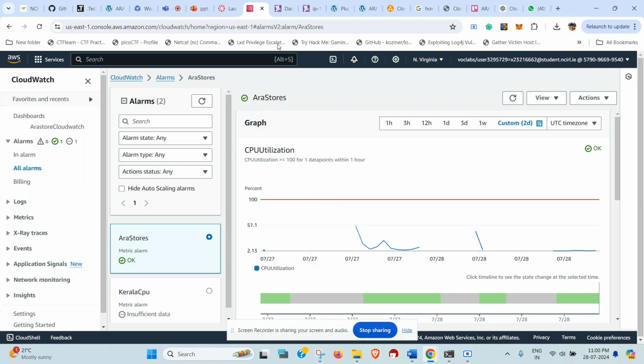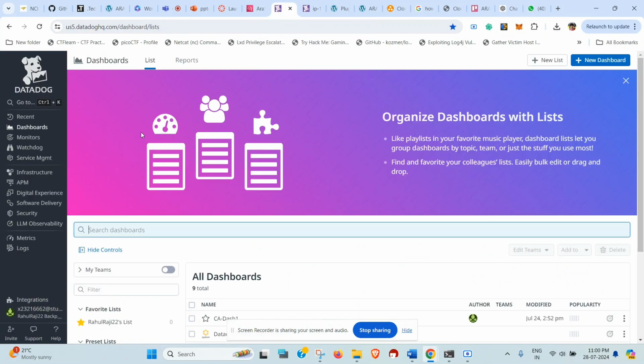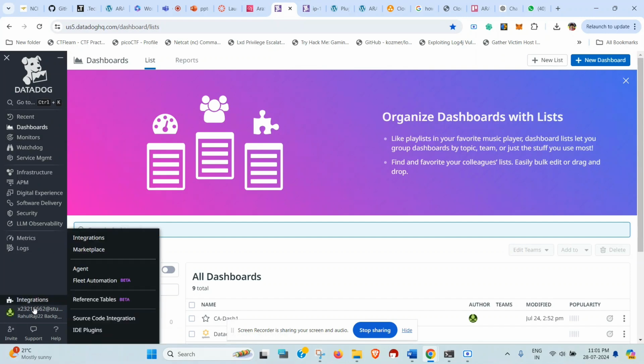After that, we are also using a third party monitoring tool called Datadog. Datadog is mainly used to monitor the performance of our application. In CloudWatch we can only monitor the AWS resources, but using Datadog we can monitor applications in multiple clouds. It will also help us send alerts if in any case the AWS service goes down or something. So this is the dashboard of Datadog, and to integrate our AWS EC2 instance with this, we